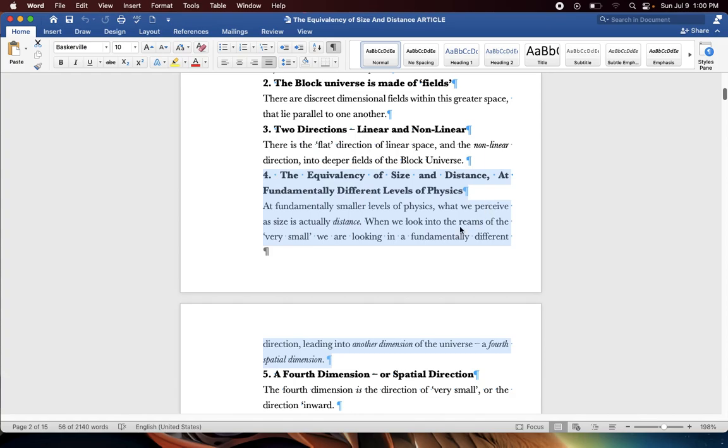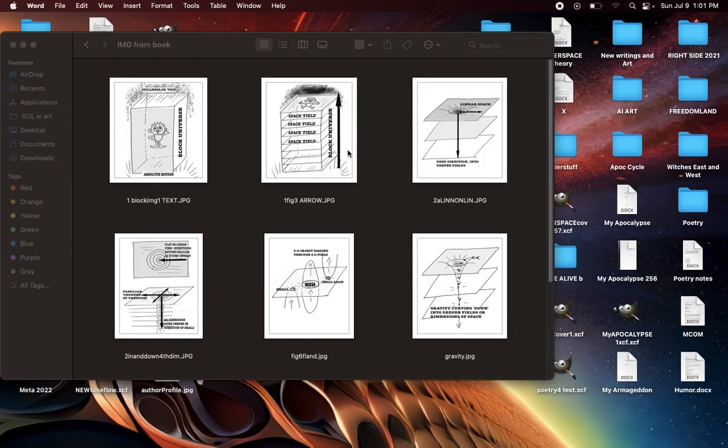When we look into the realms of the very small, we are looking in a fundamentally different direction, leading into another dimension of the universe, a fourth spatial dimension. So this is core, and this is hard to wrap our minds around. But what it's saying is that even though you can have larger and smaller within our universe, within space, as you go inward